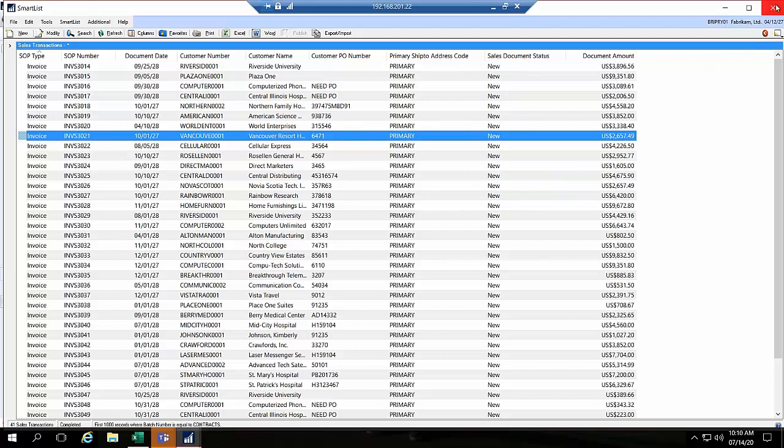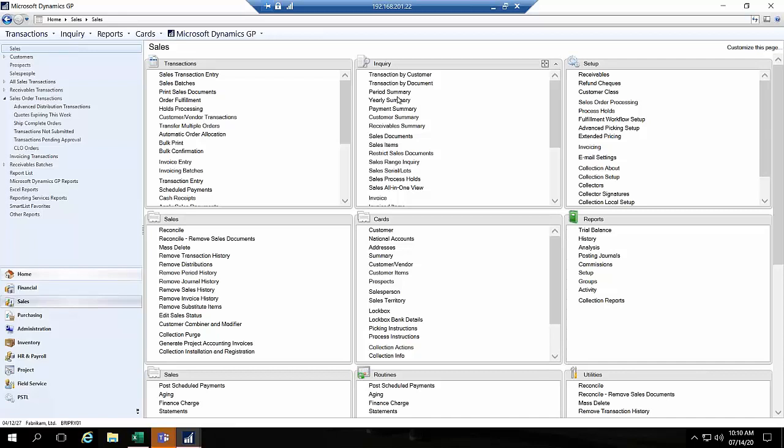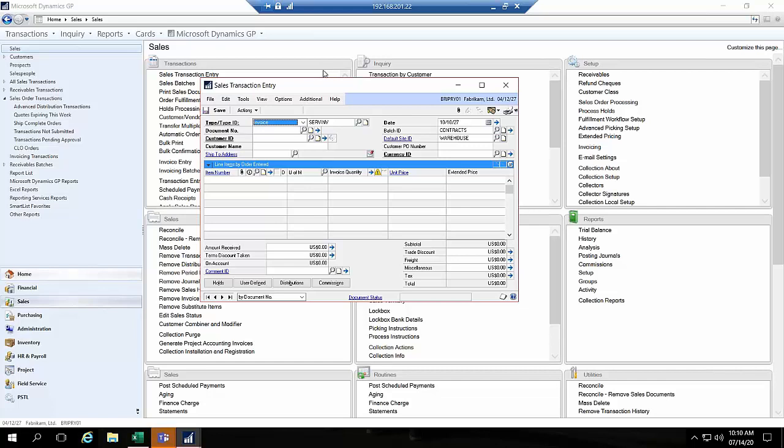Okay? So you always have that option to use either or. However, the main thing to remember is an edit list will only show you what's ready to be posted along with its distributions, and a batch list will show you absolutely everything inside of the batch. Okay? Now, since we're talking about entering transactions, if we have customers that are required to give you a PO number